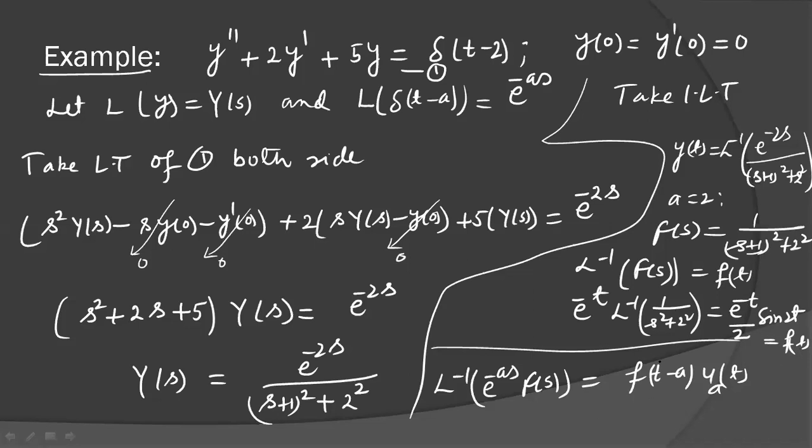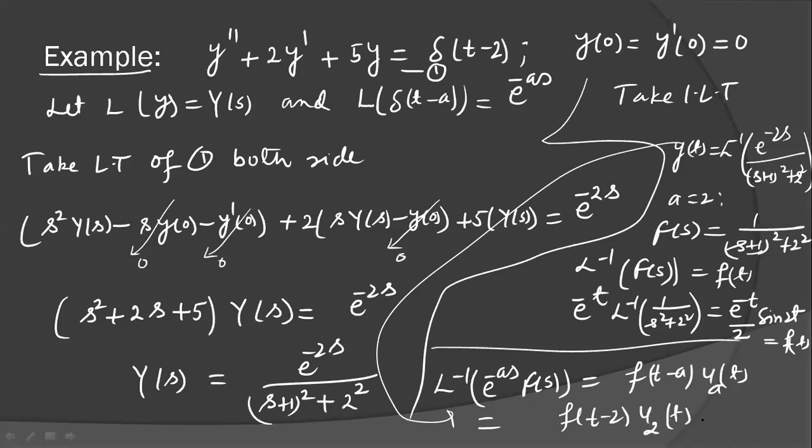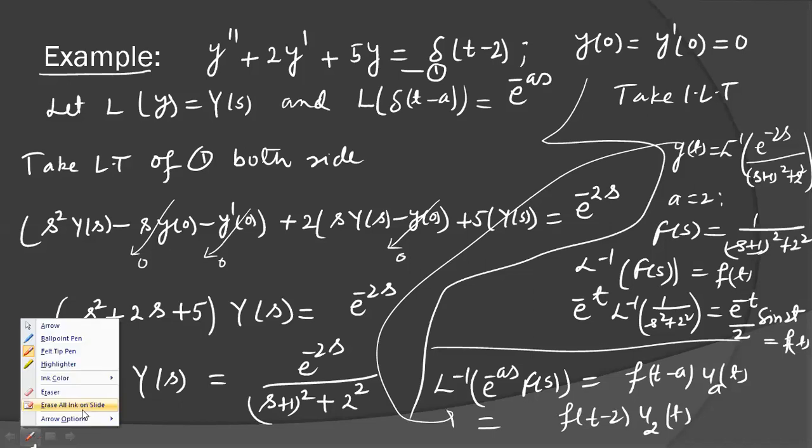So f(t) is this. Now use this result here. So you will get f(t minus a). You have f(t minus 2) u(t minus 2). So this is the Laplace inverse. Now put the value of f(t). You will get